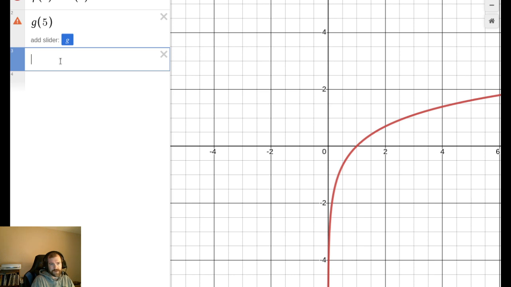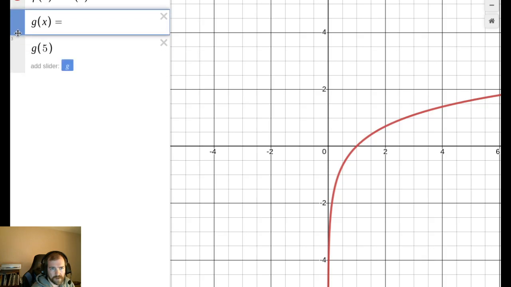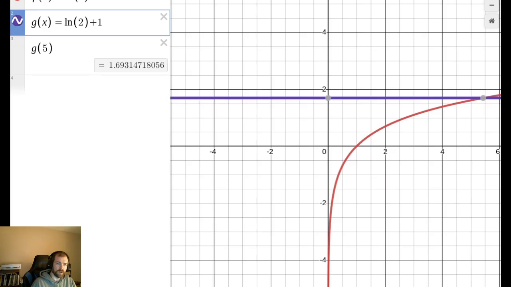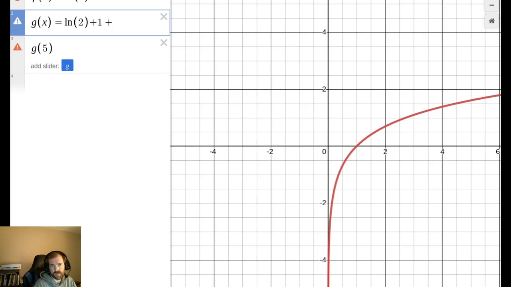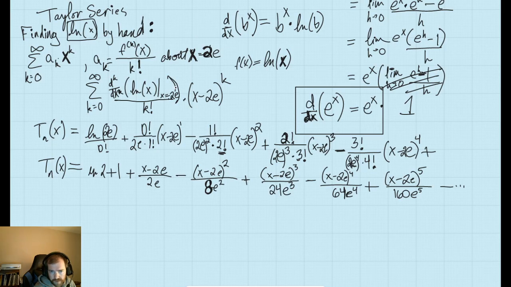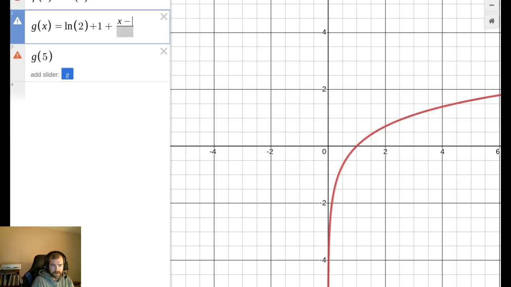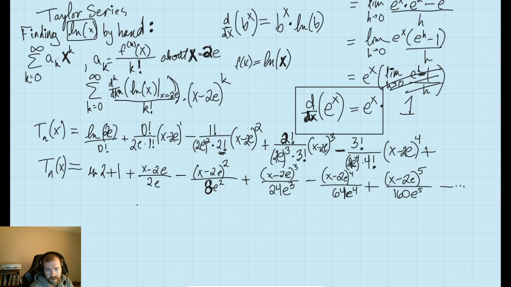What do you mean g? There's no g defined? Yeah, no kidding. g of x is equal to... Okay, so this was natural log of 2, plus 1 plus... The pattern is... this is x minus 2e, a fraction, x minus 2e to a particular power divided by, in this case,